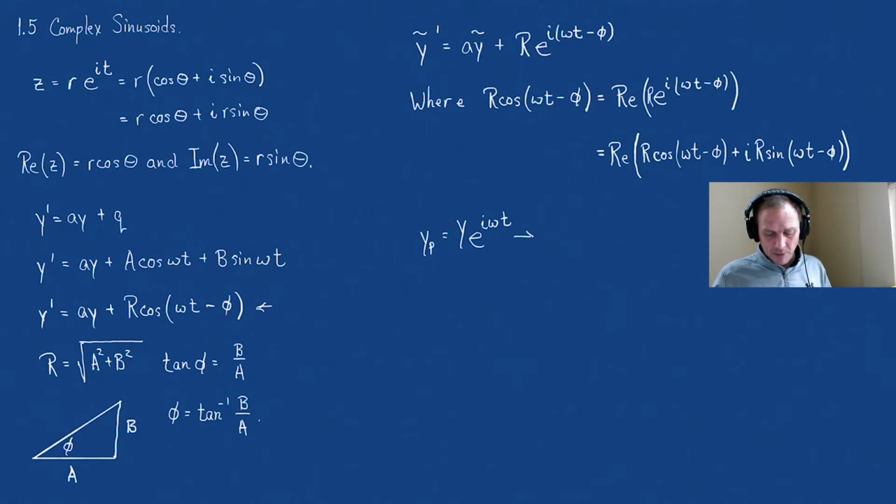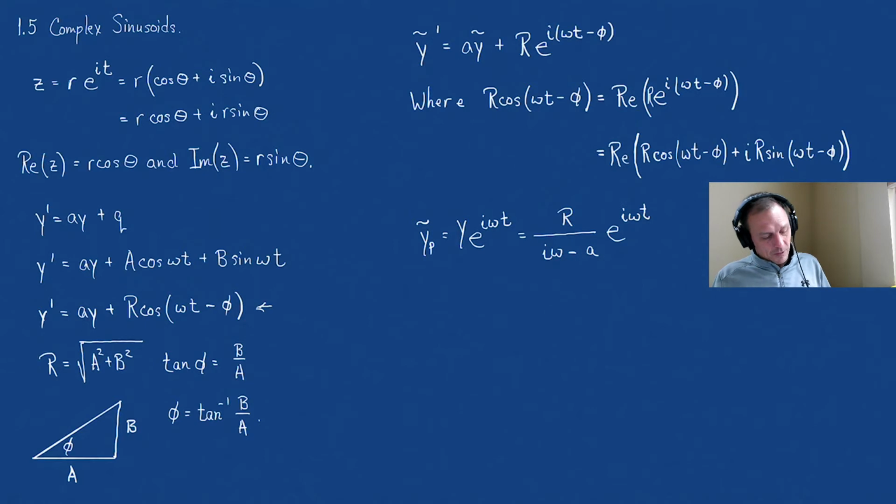We found out that capital Y is equal to R divided by (i omega minus a) times e^(i omega t). And that's where we are. How do we put this all together? And I think the best way to see this, and actually this should probably be a tilde now,